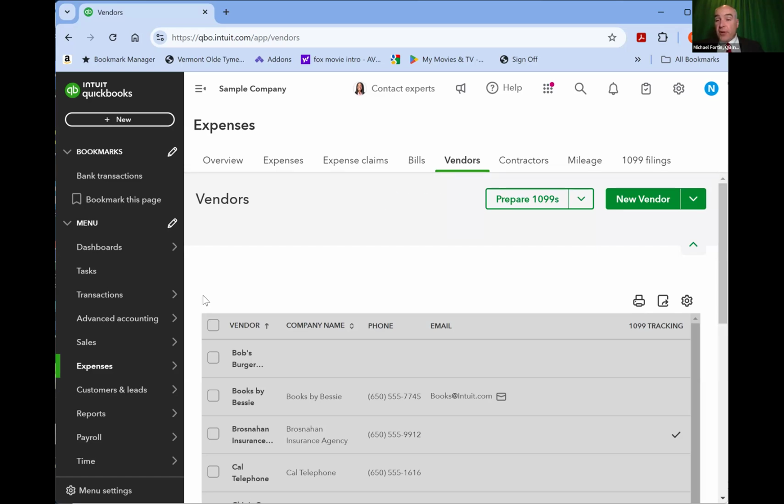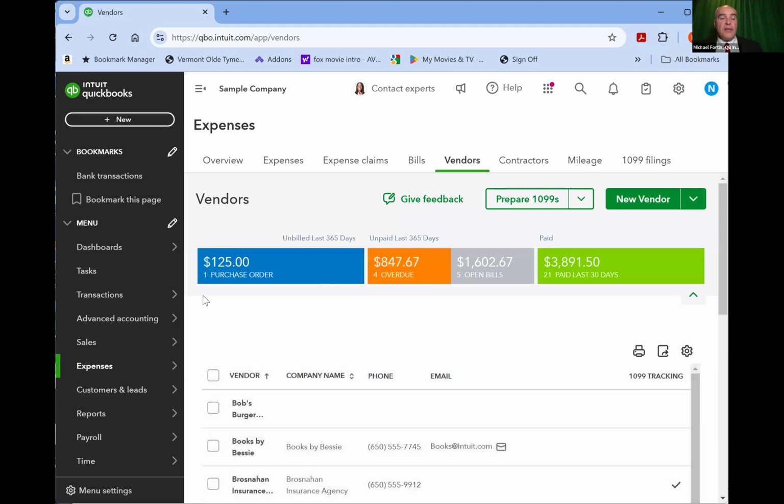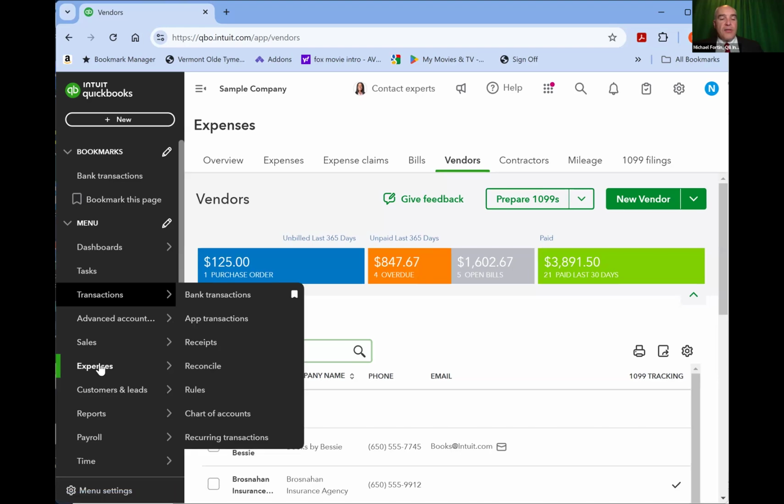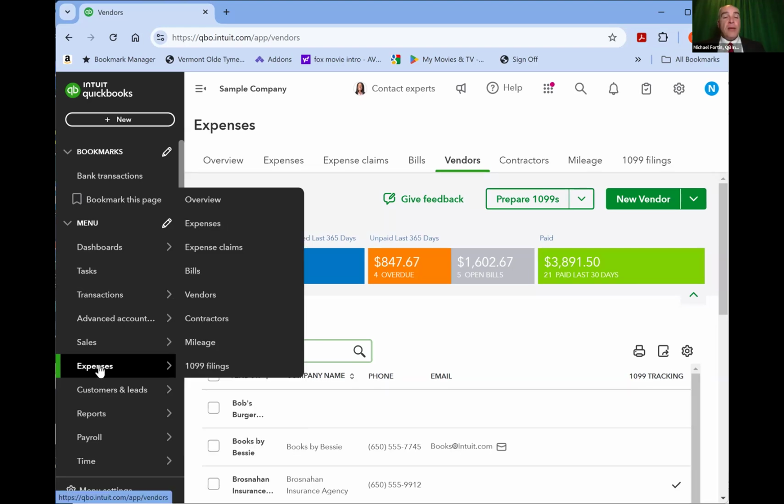And so if you're new to QuickBooks Online, just to point out, this left menu that I'm using, if I hover over expenses, it gives me a number of choices, which has overview, expenses, expense claims, bills, and so forth, all the way down the line. If you look across the top of the screen at the tabs behind the black menu in the expense center, you will see all of those same menu items as tabs across the top.